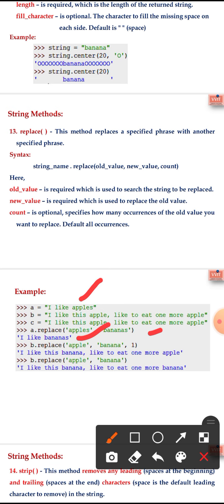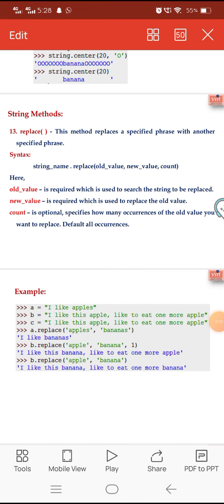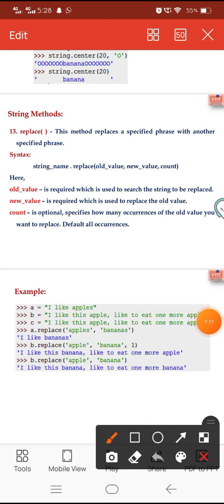In B, I like these apples, like to eat one more apple. In this, apple replaced with banana, count 1, only once. So it prints I like this banana, and the second one it won't take banana, it takes only apple. In the case of the third example, we should not mention any count, so it prints I like this banana, like to eat one more banana.